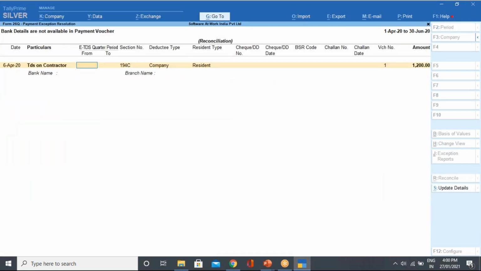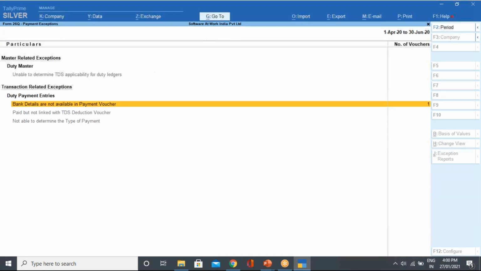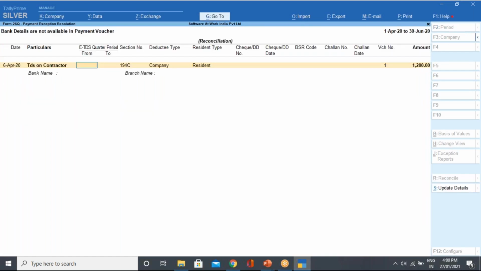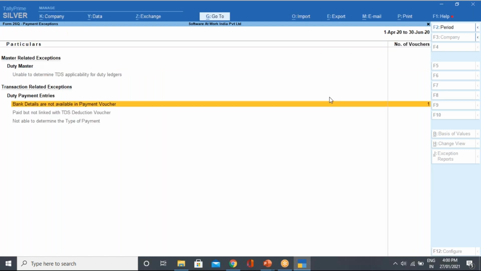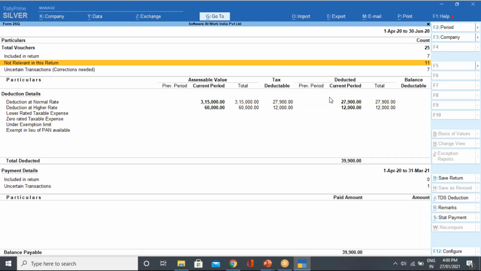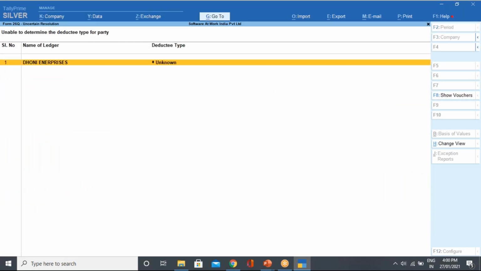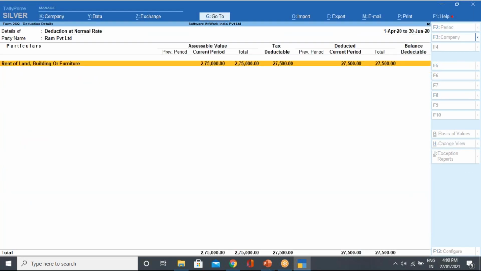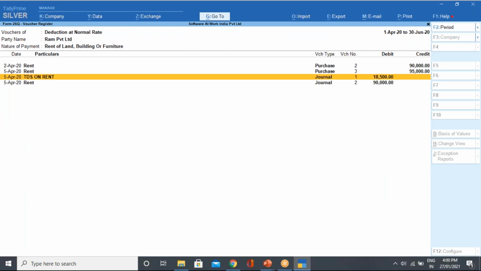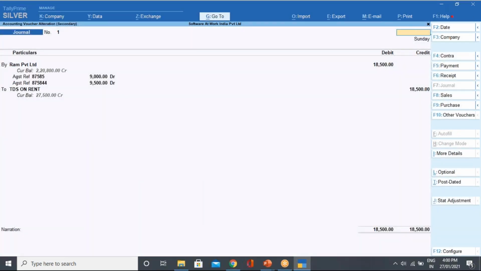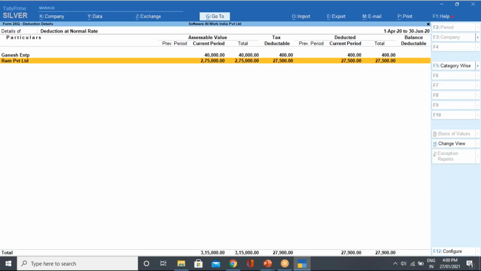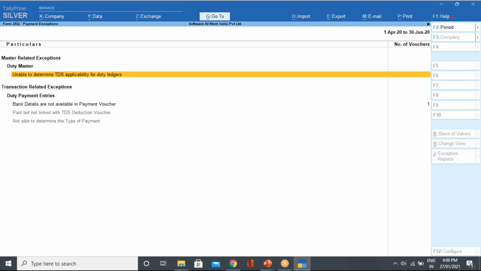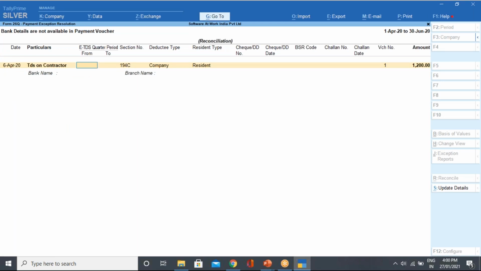One uncertain transaction is coming for rupees 1,200. I will just mention the period for which it is.